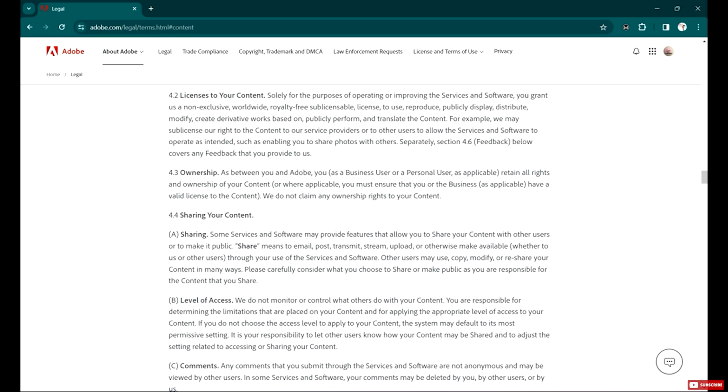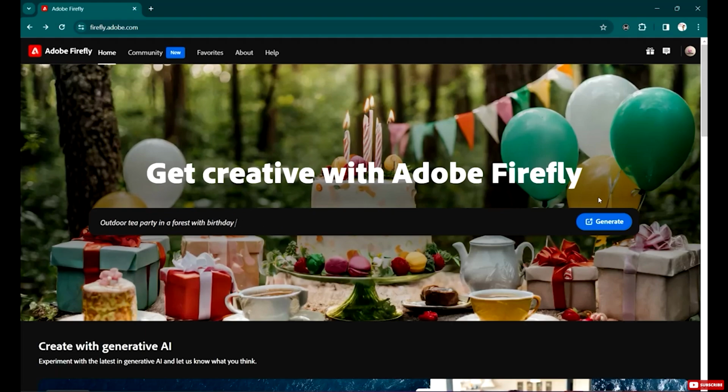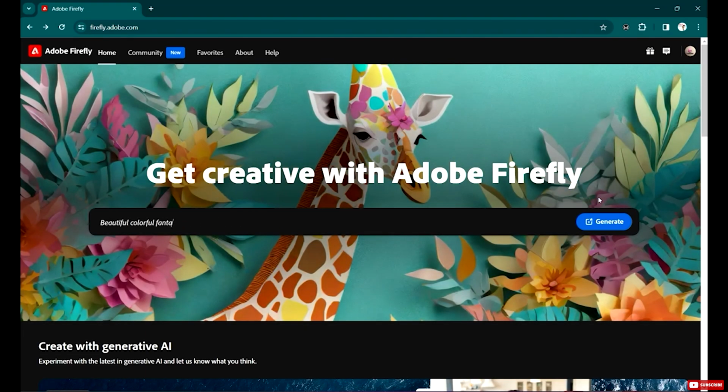So that's the reality with Adobe Firefly. Let's just go back to the website, and now we can see that we actually have the rights to use our content in whatever way we deem fit. So we have the liberty, we have the rights, and with this we've successfully answered one of the most important questions